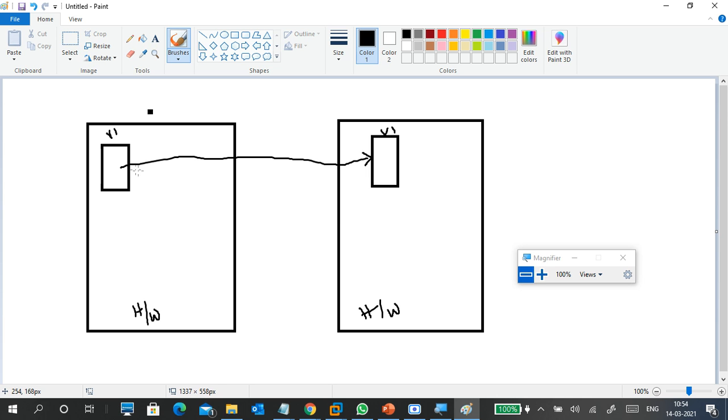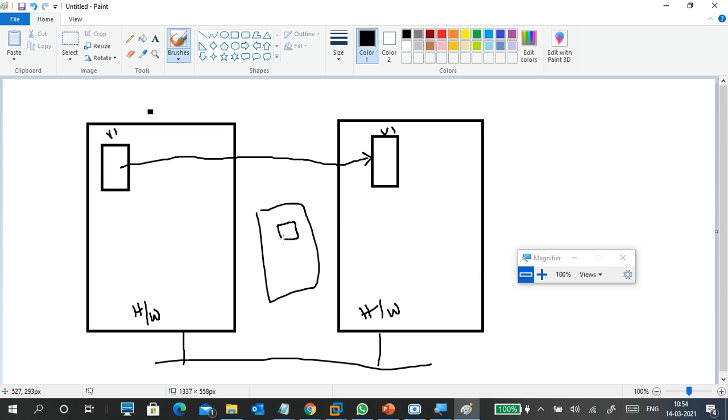Move means it will cut here and paste here automatically. So when it is migrating, how does it migrate? It migrates either through the network or through central storage. Actually the machine is stored in a central storage and it is migrating from here to there. Very simple, that is actually.